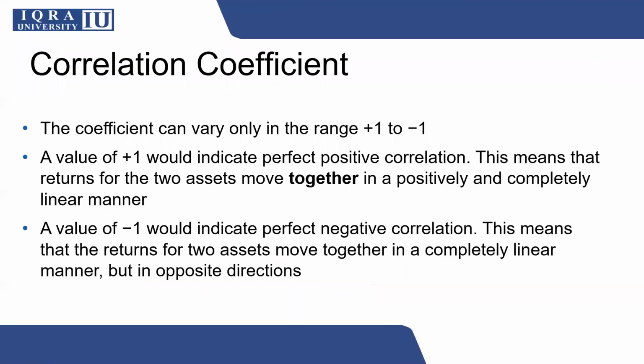The correlation coefficient can range from +1 to -1. A correlation of +1 means that two stock prices, or returns of two variables or indices, whatever you are taking, are moving exactly together, meaning in the same direction. If one is increasing, then the other one is also increasing. In contrast, a correlation coefficient of -1 means that both are moving in opposite directions. Zero correlation means both are independent.